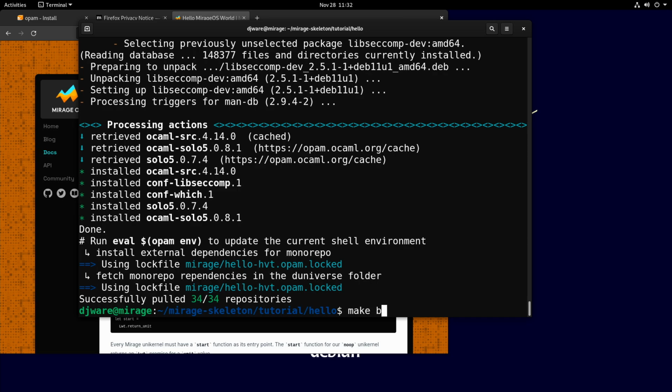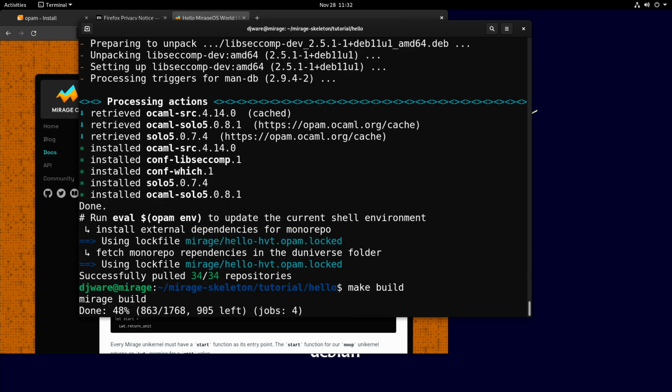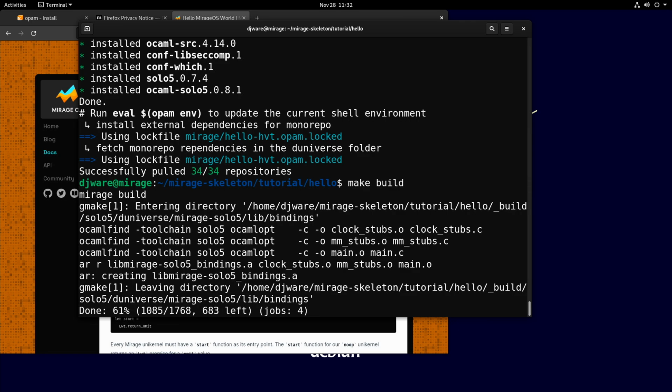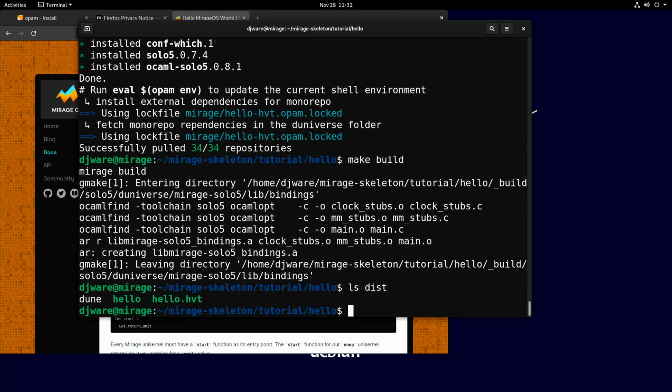So now we'll do the make build. Or I should say I had a make depends work, and now we need to actually bind this all together. You can see that it's binding Mirage Solo 5 to my code, my Unikernel. So, but what is it? It's this one, the hello.hvt. So I have to run this as Solo 5 HVT, and then I can put in that,